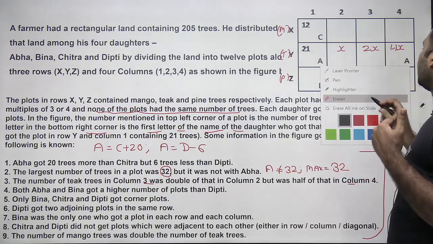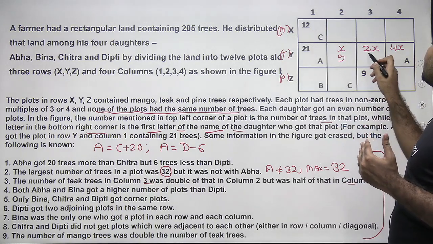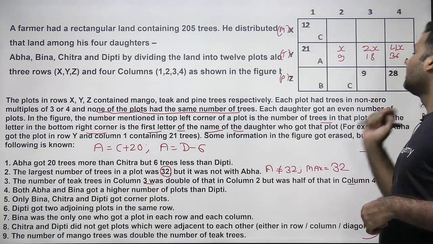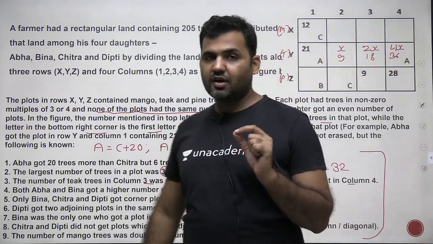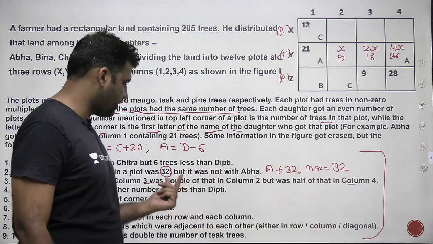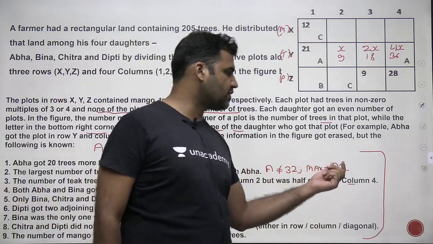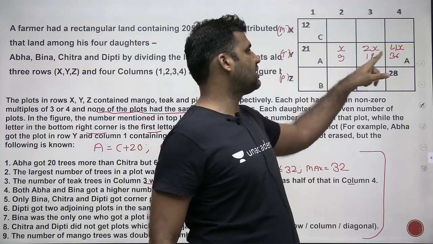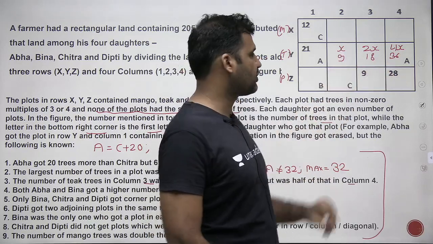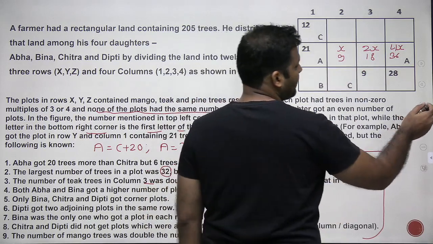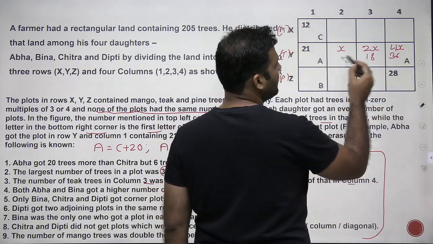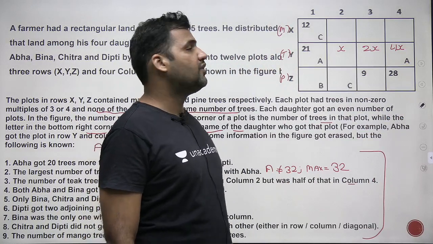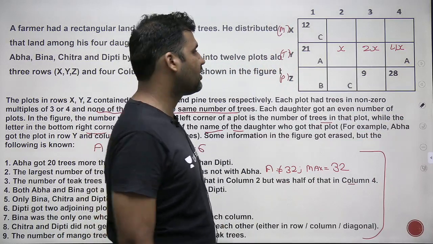What about the next case? Why not 9, 18 and 36? Next multiple of 3. You see that the maximum number of plots as mentioned in this particular statement is 32. No values can be more than 32. If I'm putting this as 9, the third multiple of 3, this value is coming out to be 36. That's not possible. So can I say that the values which are coming in these 3 cells are definitely not a multiple of 3? If they are not a multiple of 3, then it must be the multiple of 4.